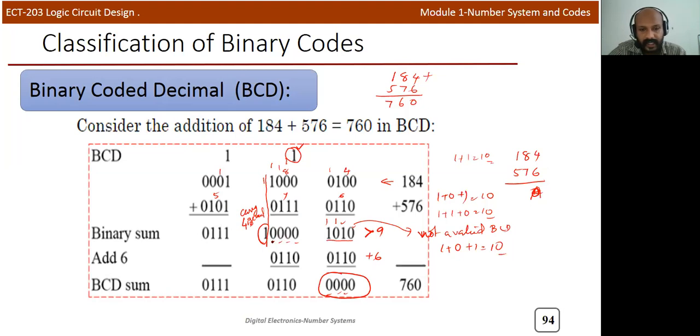If you consider the 4 bit, it is less than 9, but there is a carry in the 4th bit, so you need to add 6. Here there is a carry generated, so we need to add plus 6 here. So we'll add 6 here and we'll get 0, 1, 1 and 0. So this result is a valid BCD code, where this value is 0 and this value is 6.